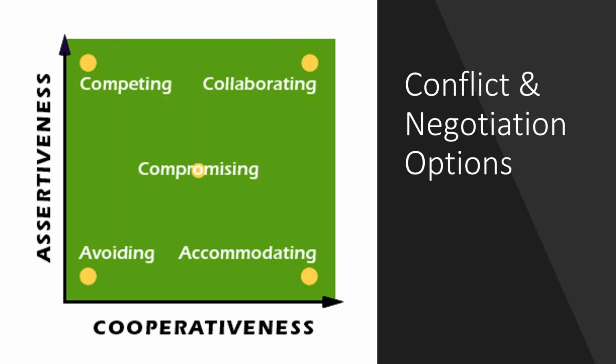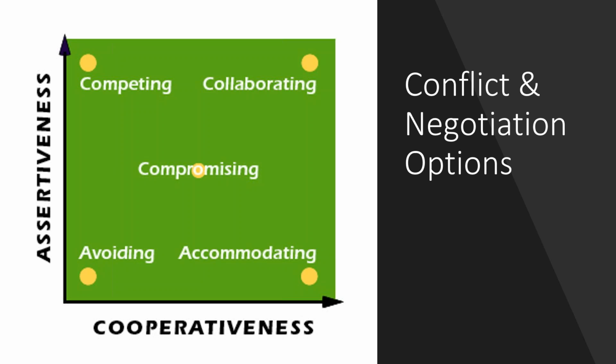And in fact, if I was able to talk to your staff, if I could actually talk to some people that reported to you, and I could ask them the question, here's the model. Can you tell me which of these five that person is particularly interested in? Now, the answer that I want, and you would want, I think, would be, I don't know. Sometimes they're compromising, sometimes they're competing, sometimes they'll avoid, sometimes they'll accommodate, sometimes they'll collaborate. It depends on what it is and who it is.